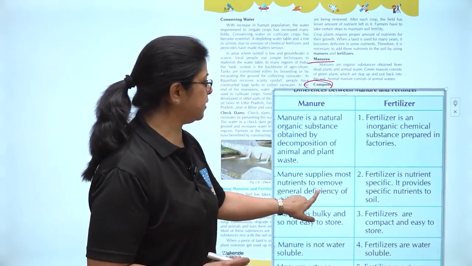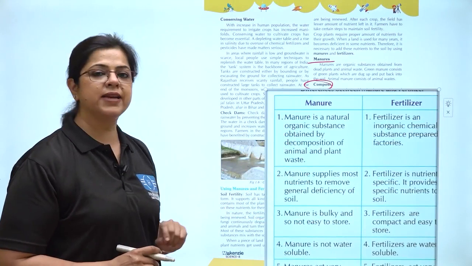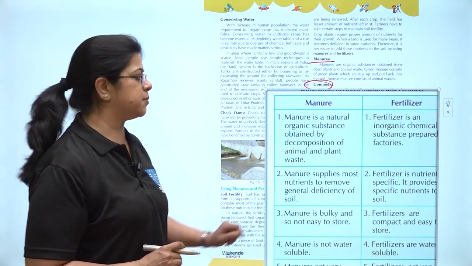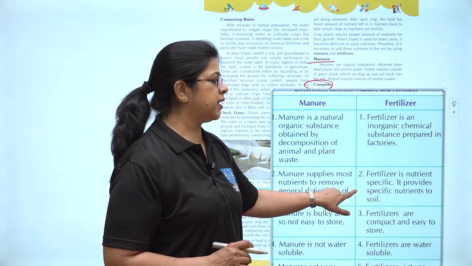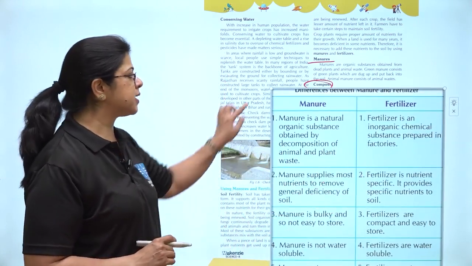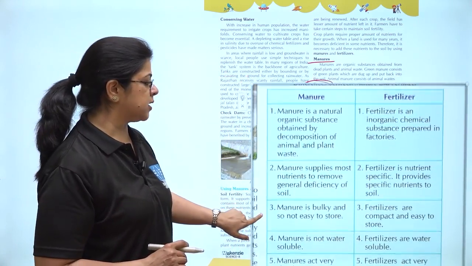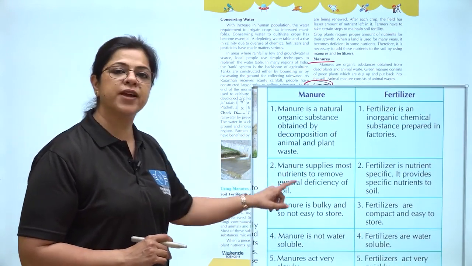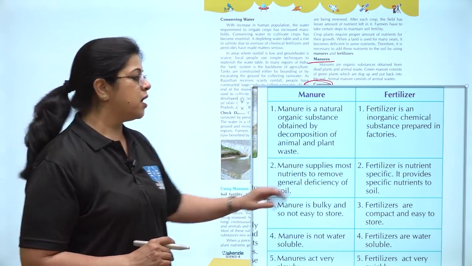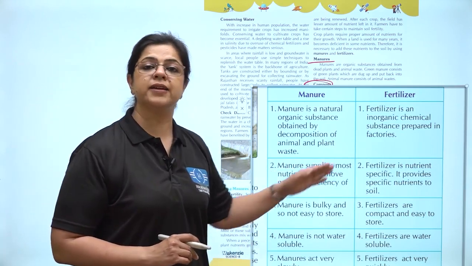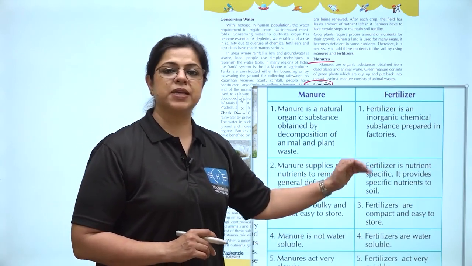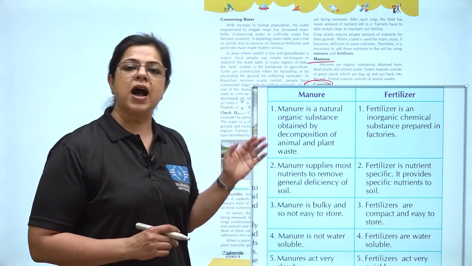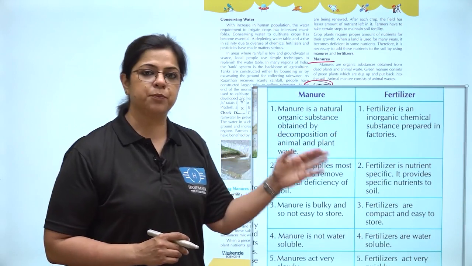Manures, as you can see, are natural organic substances and they are obtained by decomposition of plants and animals. Fertilizers, on the other hand, are inorganic chemicals that are made in factories. Manure supplies most of the nutrients to remove the general deficiency of soil. Fertilizers, on the other hand, are nutrient-based. This means that certain fertilizers will be able to provide only nitrogen, others may be able to provide only potassium